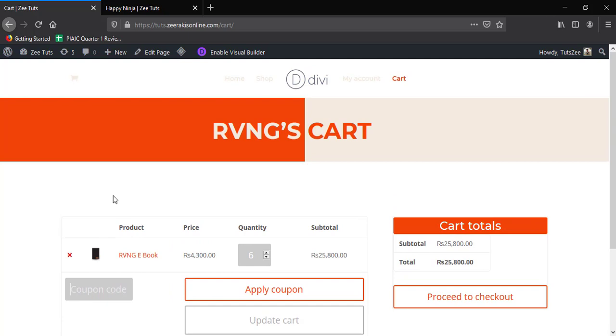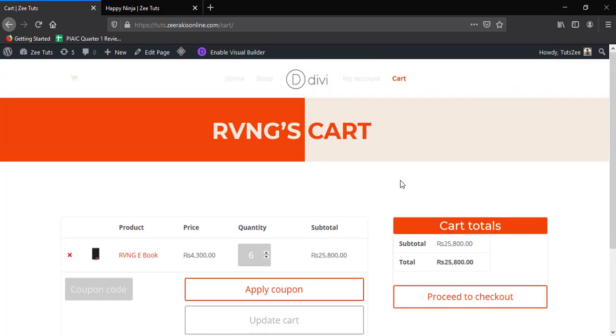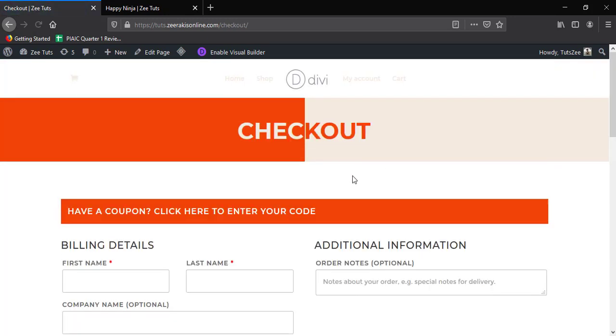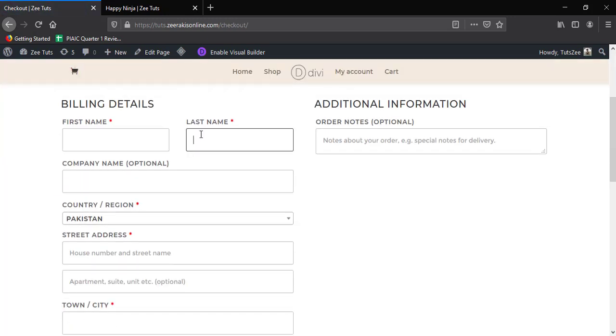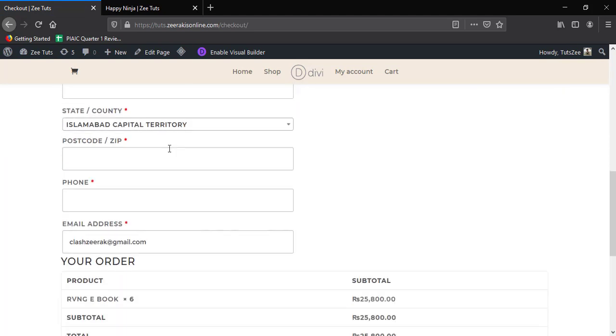So the default cart page of Divi is kind of boring, like I really don't like that design, but still we will add a little bit of CSS to change the colors and to add some button background effect as well. And then we will change the text of the checkout page, because again we don't have any module to design the checkout page